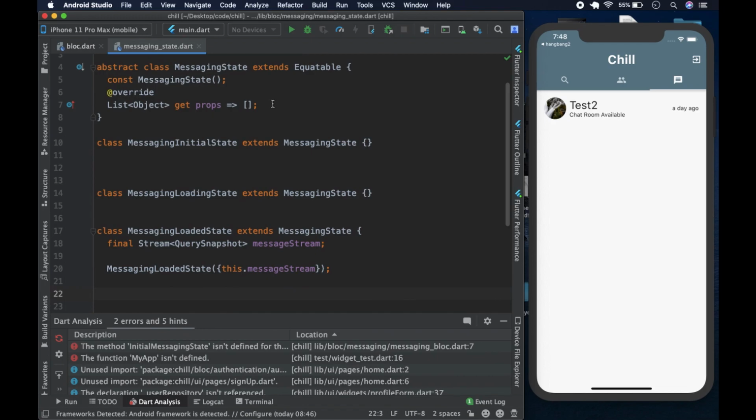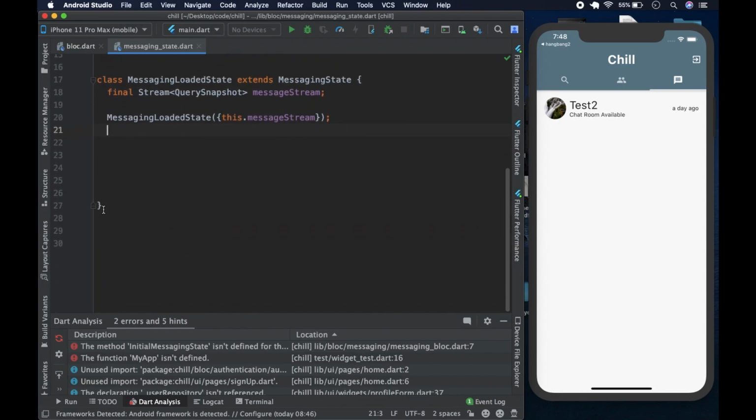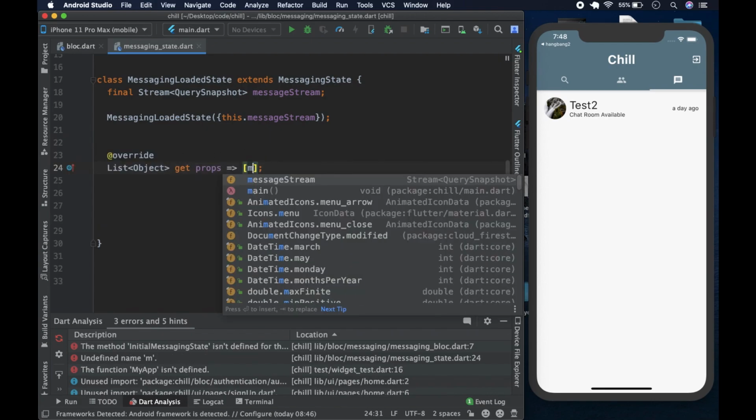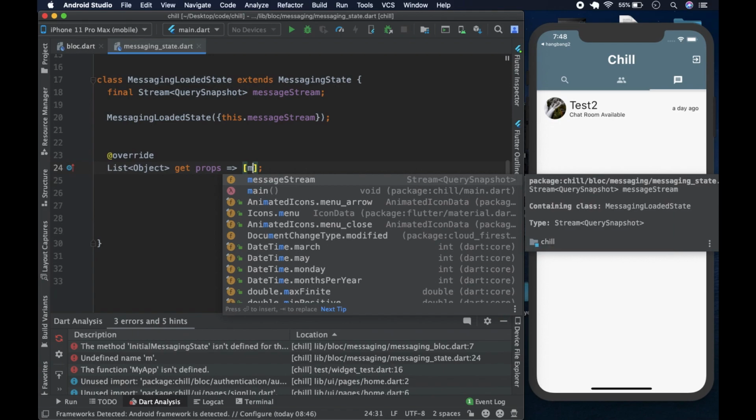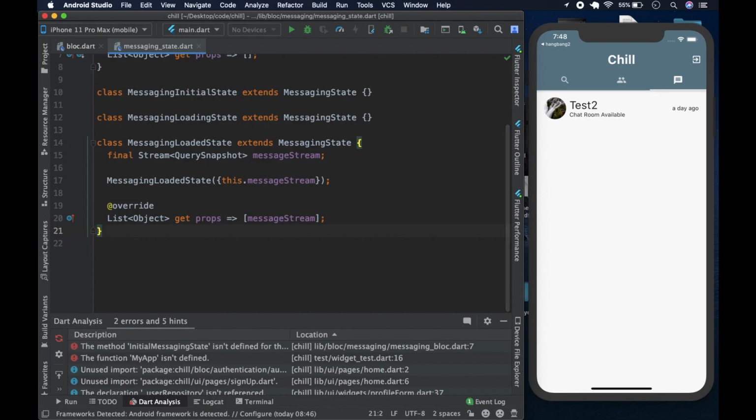And after that, of course, because we're comparing, we need to copy this line. I've explained this line before. And where does it end? Oh, I was looking for this closing brace. We could paste this here, and we pass in, you guessed it, message stream. So this is going to be our state, and now we can move on to our events.